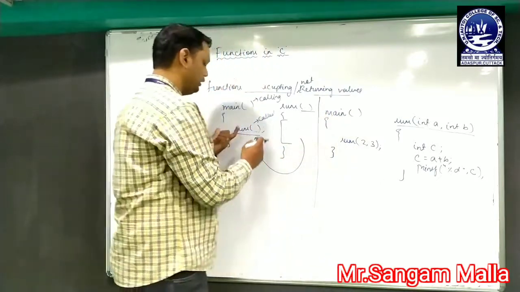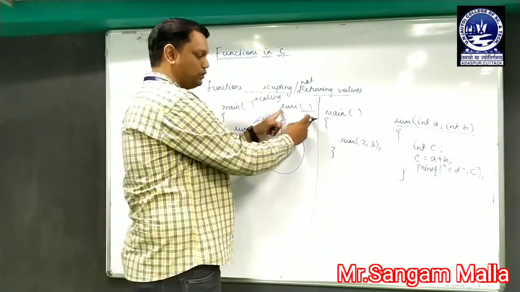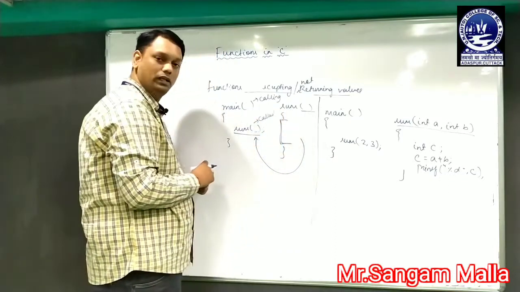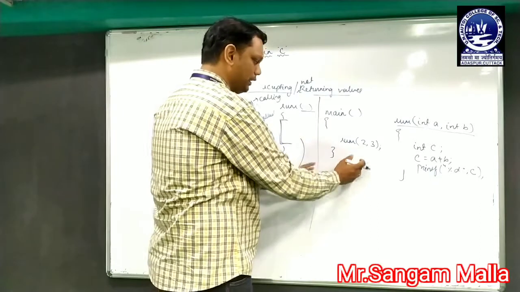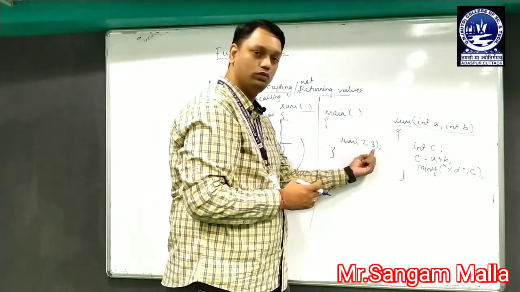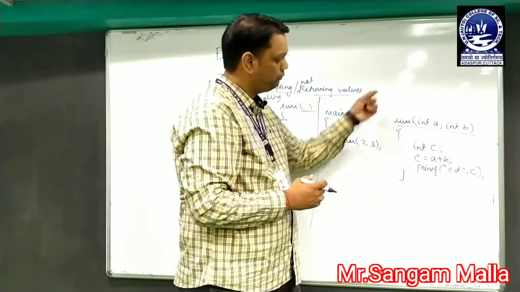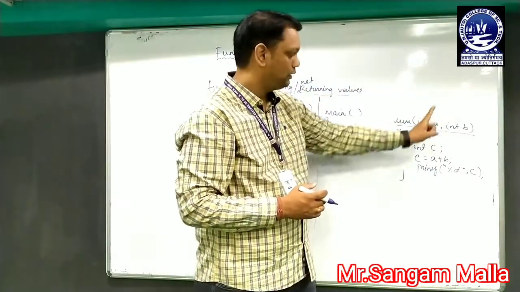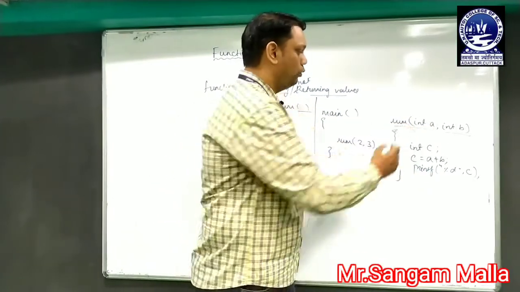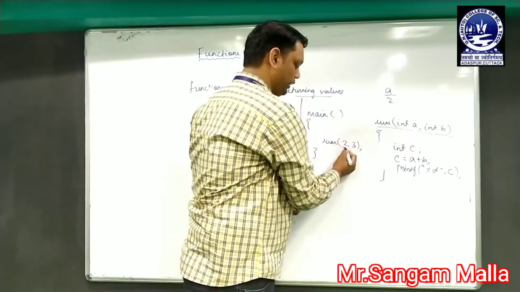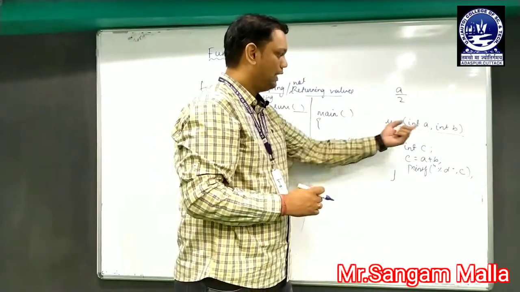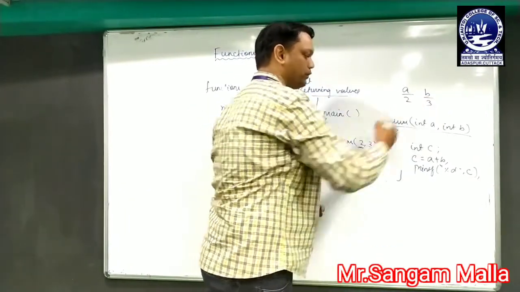So you can see the example over here. Previously we are just calling the sum function and the sum function is being called, and whatever code was written inside the sum function, it was getting executed. But here in this case we are calling the sum function, but we are actually sending the values to the sum function, and these values will be received by the two variables at the sum function, that is a and b. Similarly, a will hold the value 2 because the first value that is being sent will be stored in the first variable. So a will hold the value 2 and b will hold the second value, that is 3.